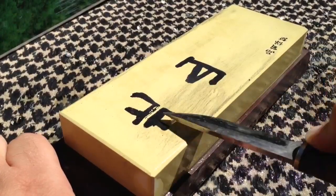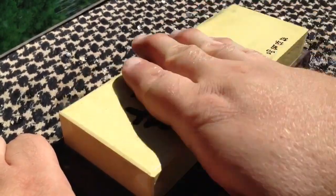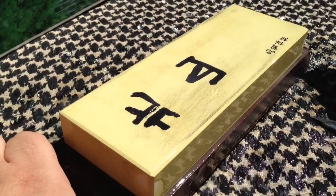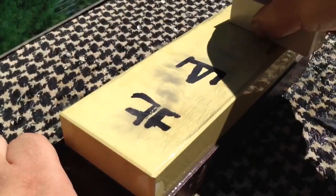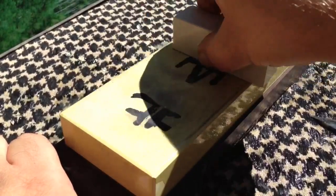I should use it again. I've used the nagura a couple times when I rinse the stone off like that and add some more water, and it gets a slurry just really fast. The nagura is quite a bit harder than the Kitayama, so you can see that sort of gray colored slurry there,